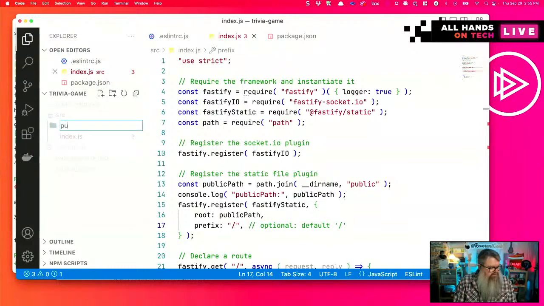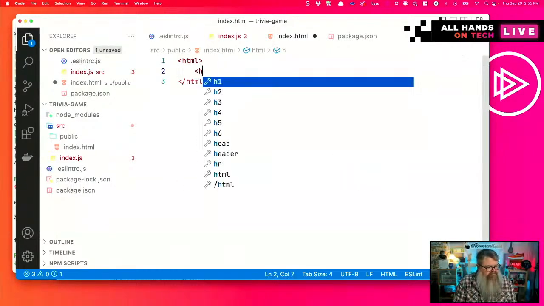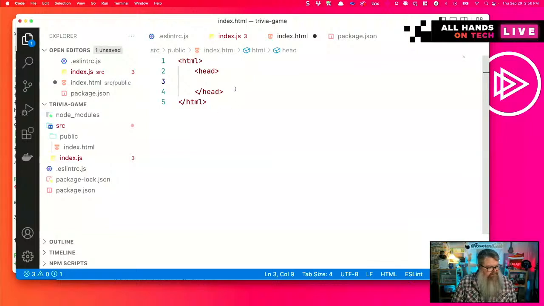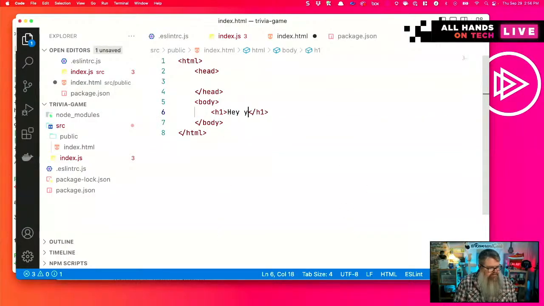I'm going to create a folder called public, and let's just say index.html. Hey, y'all.